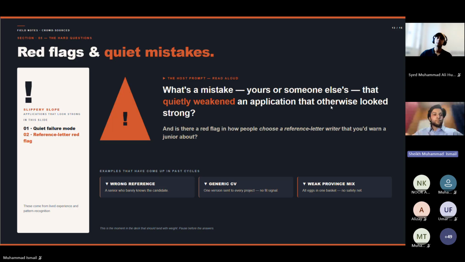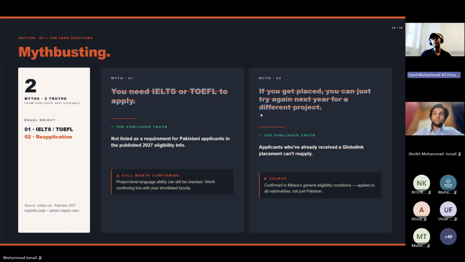Thank you, ma'am Noor, for this honest answer. So, Sir Ali, has anything like that come up in your own experience or in someone else's that you have seen closely? I would second Noor here because a lot of people go for projects which sound very nice, but they don't align with anything on their application or about their personality or about their portfolio, or their experience. So they eventually don't get selected for that, and that is the biggest problem I have seen.